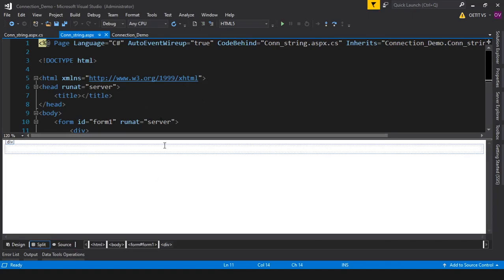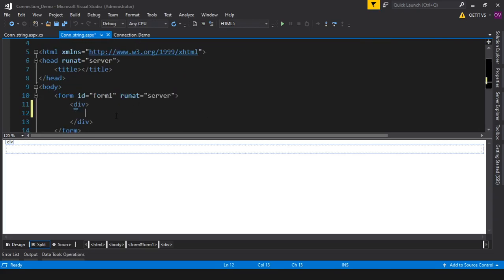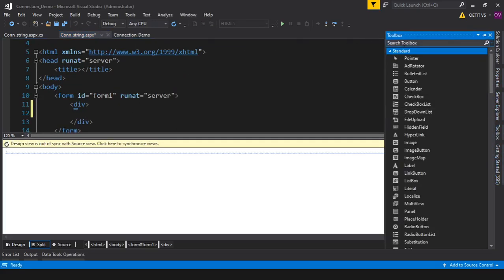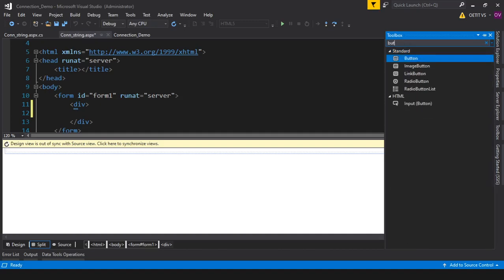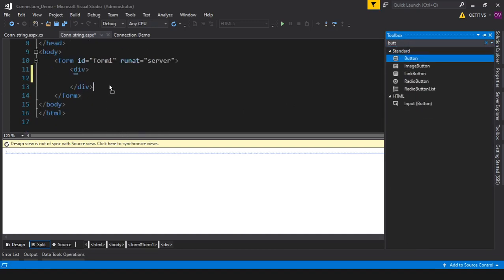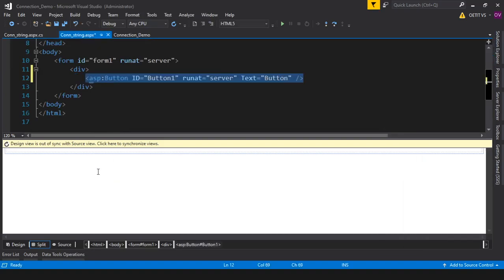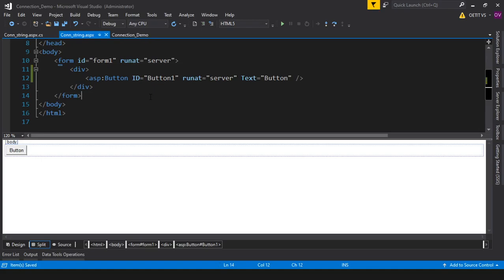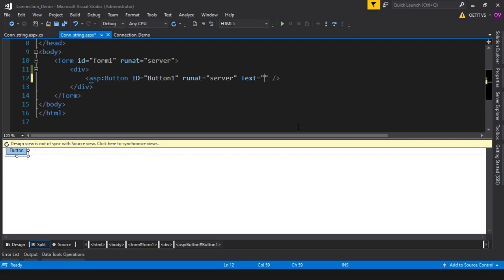Both things you can see together here. Suppose you take one button here, right, that effect you can see in your design view. And when you change any property, I am going to change my property, means the text property of the button, to suppose, it's a login.